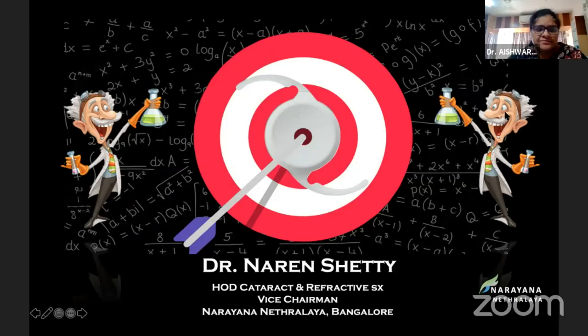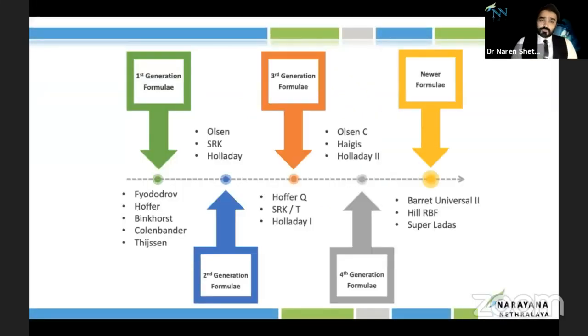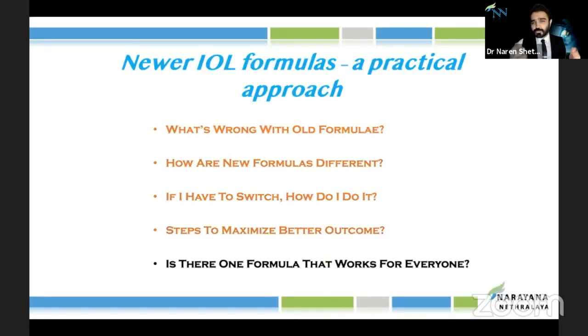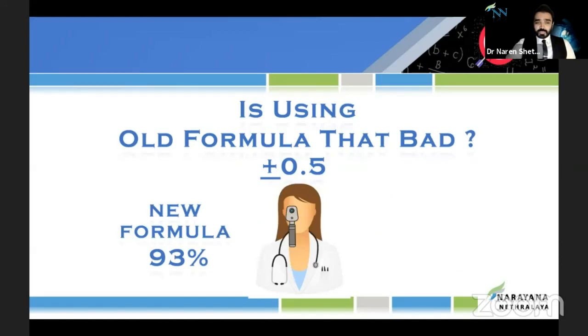Yes, sir. Fantastic. So when we look at the evolution of formulas, there have been 4 generations of IOL formulas, and now we are in the generation of the new IOL formulas. Whenever the word new IOL formula comes into the picture, there are a series of questions which come into our head. First and foremost is what's wrong with the old formulas? When we use the older IOL formulas, in terms of achieving plus or minus 0.5, the percentage is about 71 to 80%, which is kind of acceptable. But when we use the newer formulas, we can achieve plus or minus 0.5,